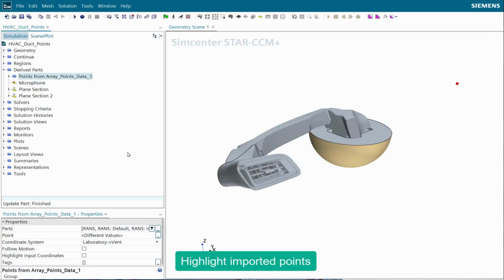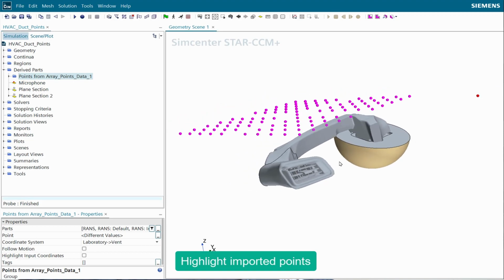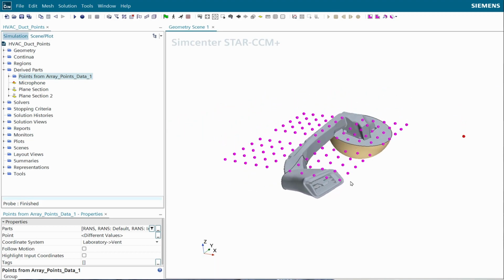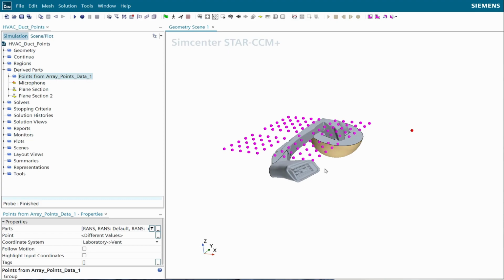These newly created point probes are grouped together, and we added a small feature there in which you can highlight this group, which was not possible before, so you can easily see where the points are located. And furthermore, which is another nice troubleshooting feature, we also now added an option to highlight points that are not existing in the meshed areas.